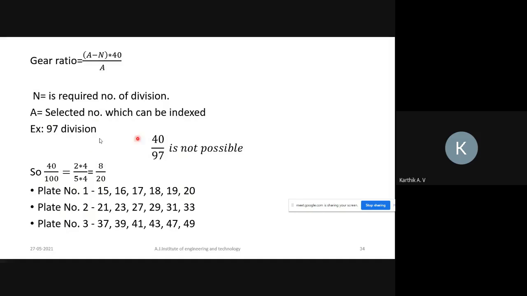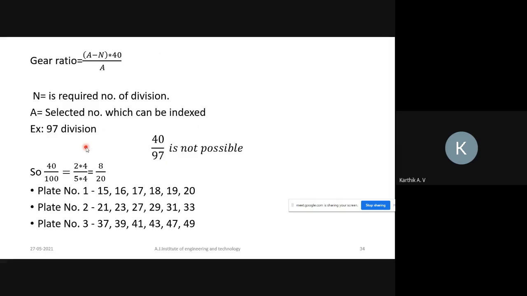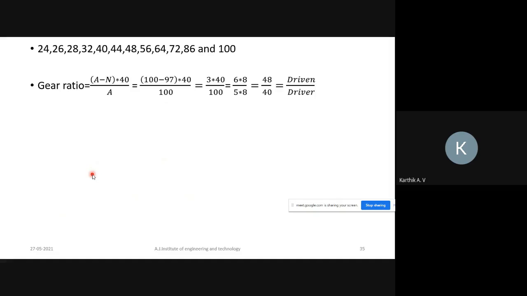This is simple indexing. Now we'll see how the differential indexing mechanism works. Actually in the differential indexing mechanism, which rotation is it? Crank rotation. Count 8 holes, fix the crank pin and make the division. At the same time, this differential indexing mechanism will also work and give you a proper division. Which formula is used to choose the gear trains?